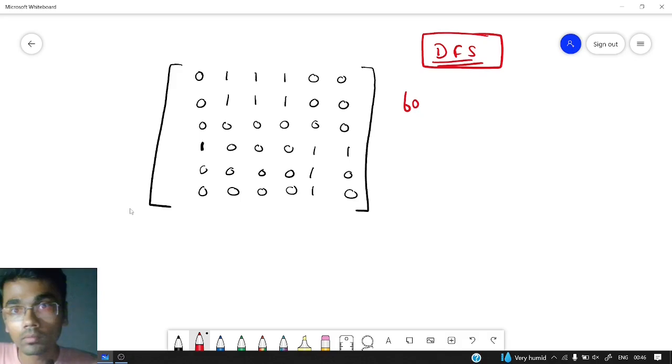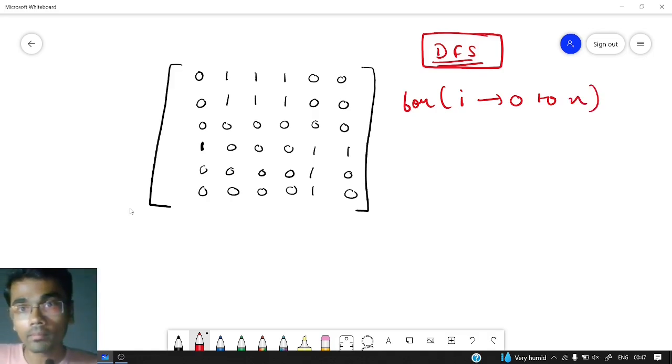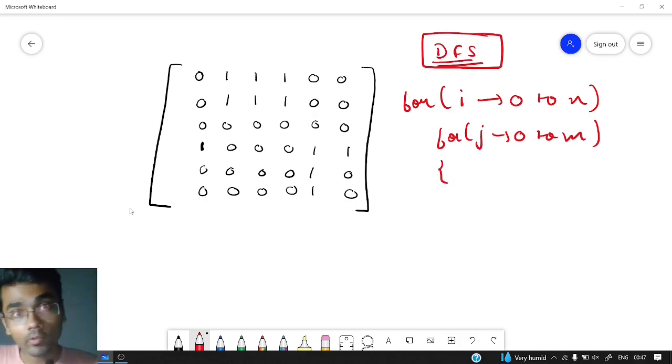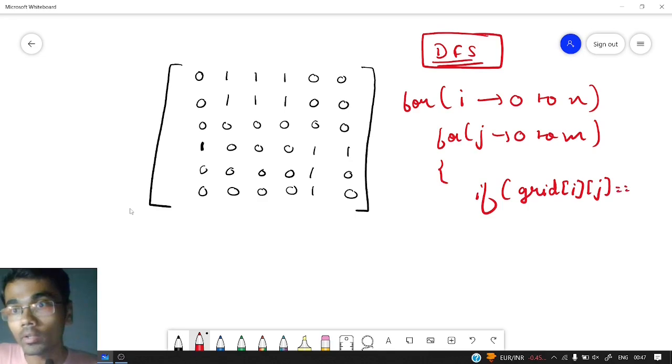So what we can do, we'll be iterating on this grid with the help of an i pointer for the row and a j pointer for the column, as we normally do to traverse the entire grid. So i will be going from 0 to n and j will be going from 0 to m. Now first we'll find a 1. So if grid of i comma j is equal to 1, as well as that particular land should not be visited,